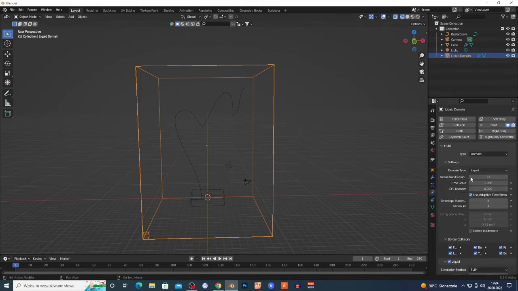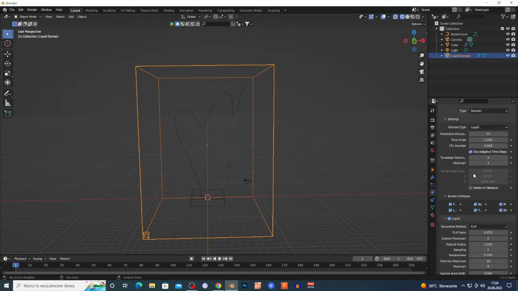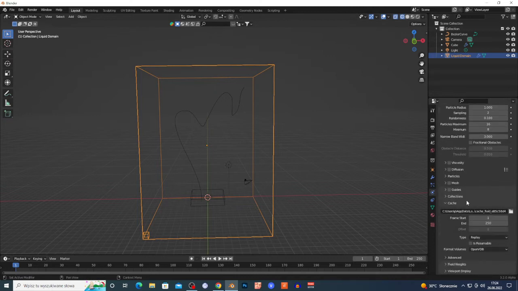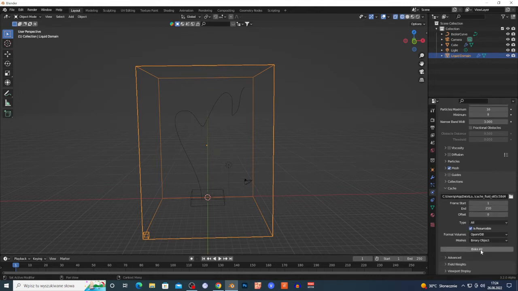You can play around with those settings. I have different tutorials on the fluid simulation. You can raise the resolution maximum to have better results on your fluid. Play around with the stuff. I'm not gonna do this, this is just a tutorial. I'm just scrolling down and changing this right here to O, and I'm gonna click this box and select the mesh. Like I said, this is just